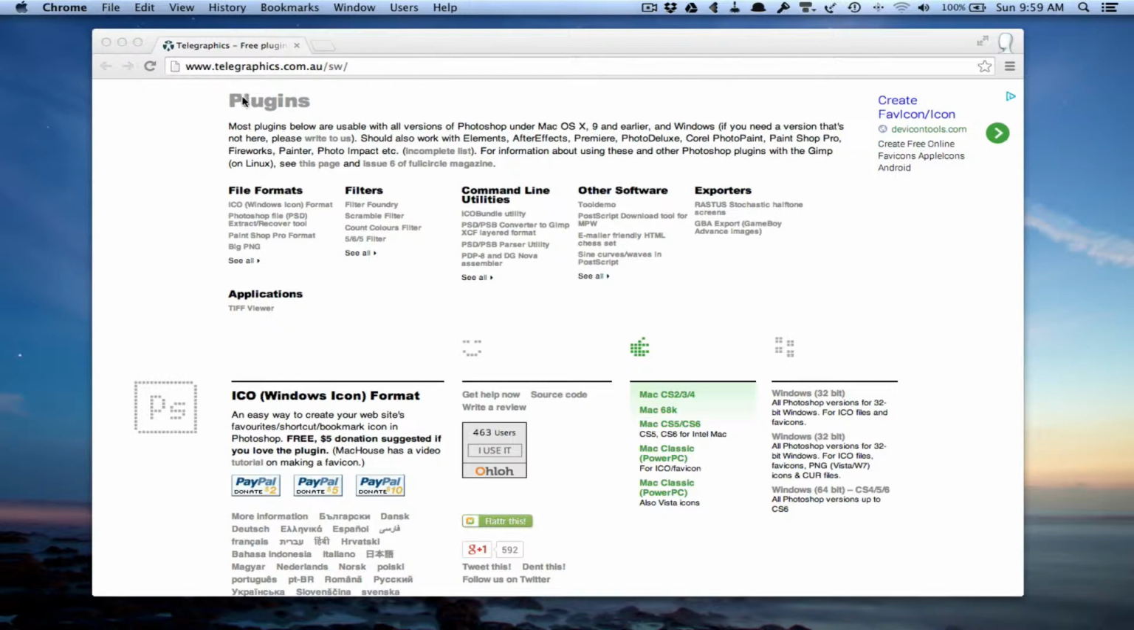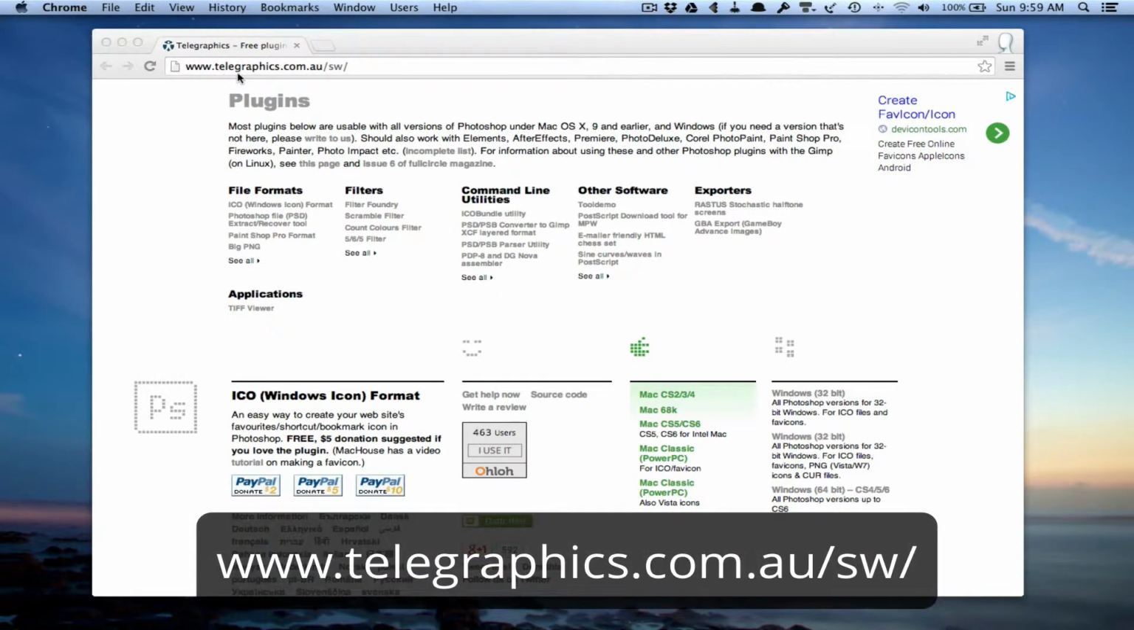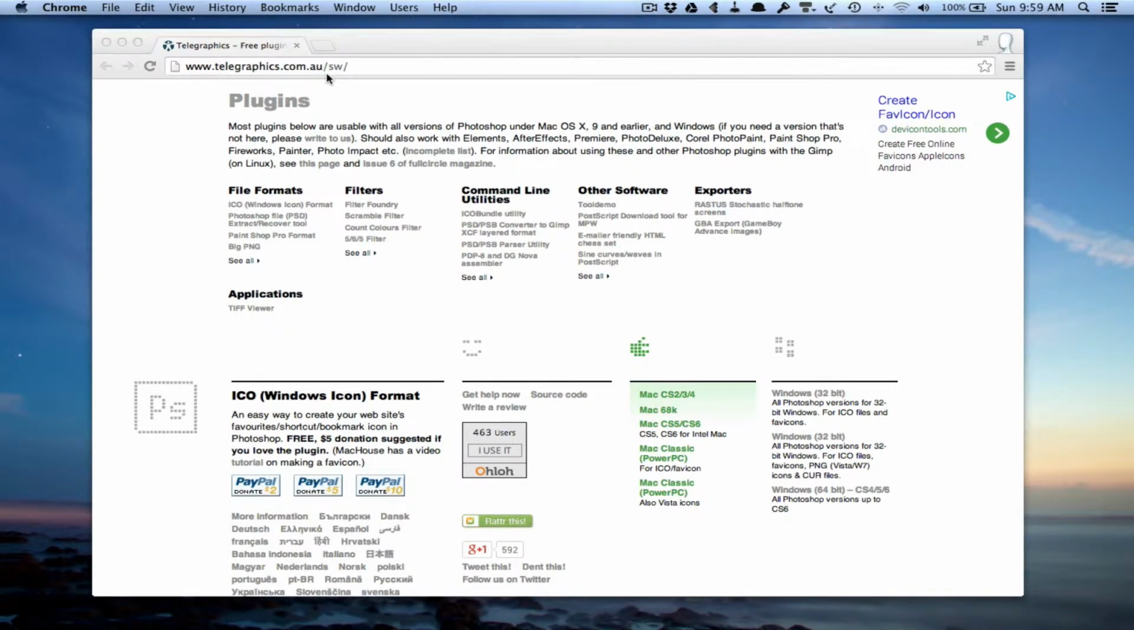You can go to their website, www.telegraphics.com.au/sw. Check out the show notes, I'll include the link there. You can download this plugin which is compatible with your version of Photoshop. Currently I'm using Creative Cloud, so the closest version is CS5 and CS6. I'm going to download that